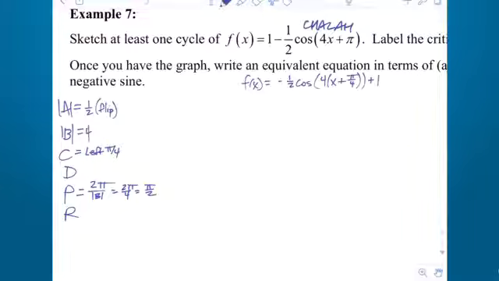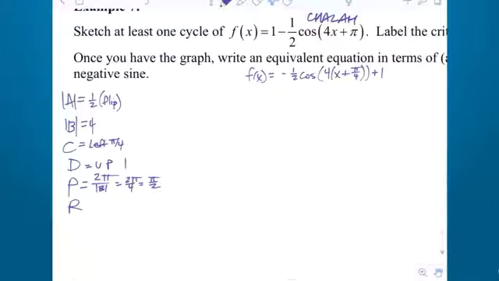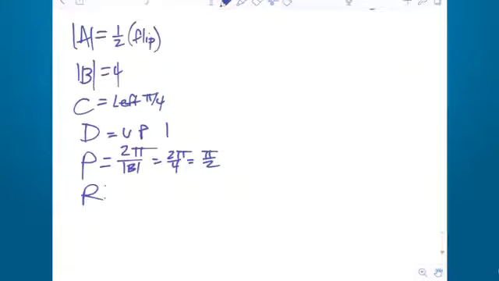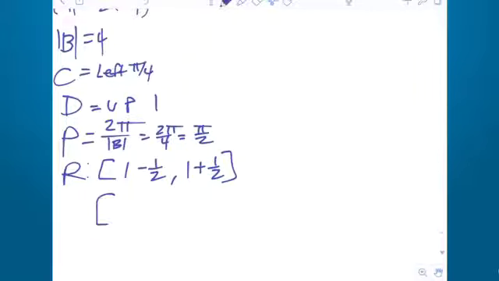And then do we have a new sinusoidal axis? Yeah, it's up 1. Now let's go ahead and find the range very quickly. The range is going to be your sinusoidal axis, which is up 1, minus the amplitude, and the sinusoidal axis plus the amplitude. So 1 minus a half and 1 plus a half. That gives us 1/2 and 3/2,